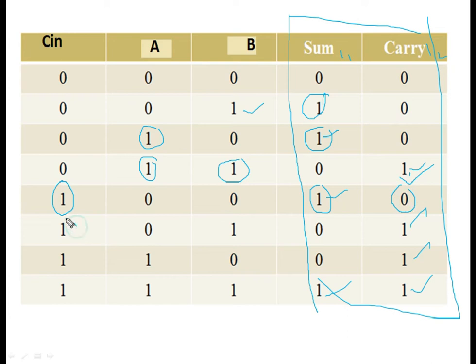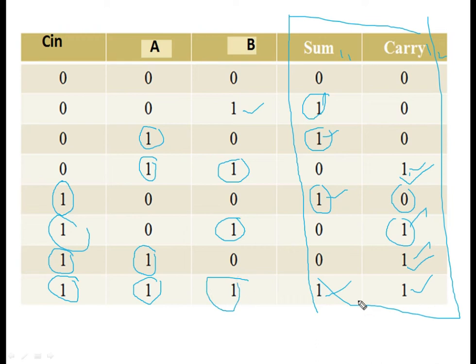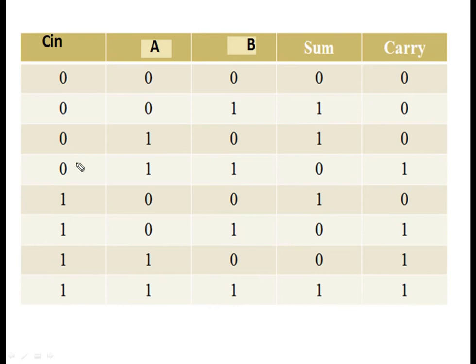When you are pressing switch C and B, then you are getting L2 on, L1 in off condition. When you are pressing switch C and A, then you are getting L2 on. When you are pressing A, B and C, then you will get both loads on. These are all conditions, means situations, and these are the loads.